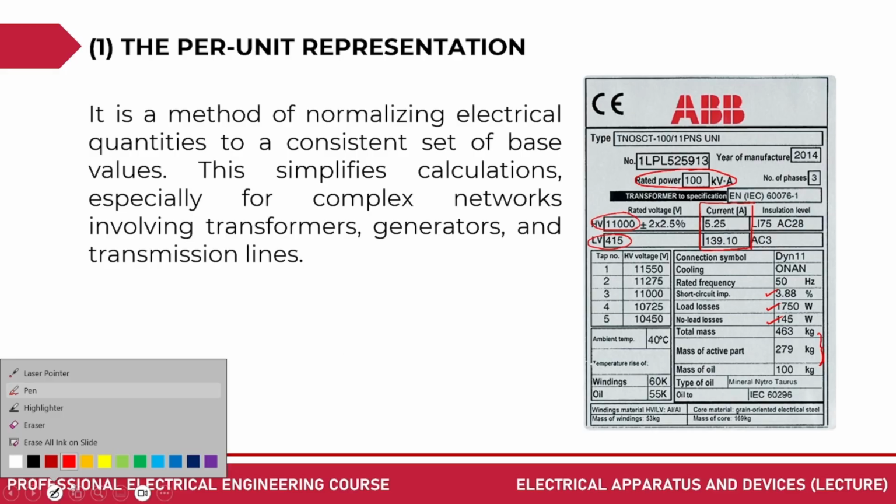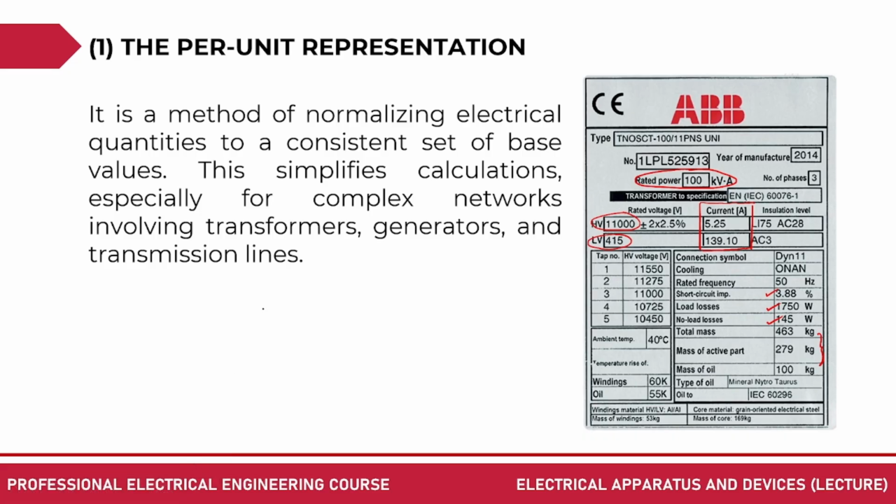Now, when it comes to evaluating the base values, usually we have the base VA, which is S sub B, and then we have the voltages. So what we can assign is I sub B. For single phase, the base current is equal to S sub B over V sub B. And I just want you to be reminded that a base current is always magnitude only.